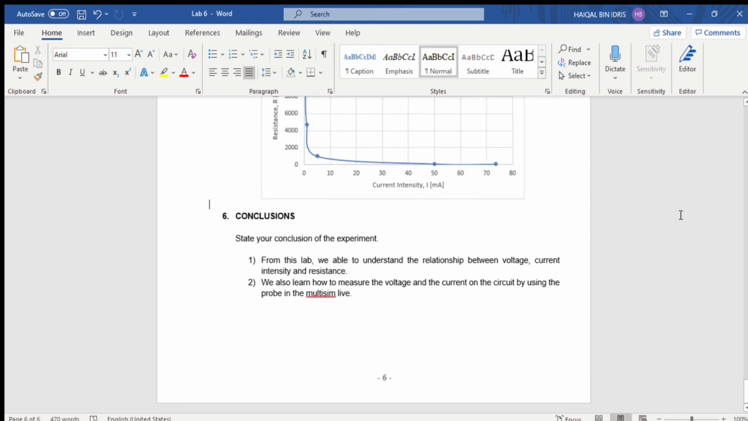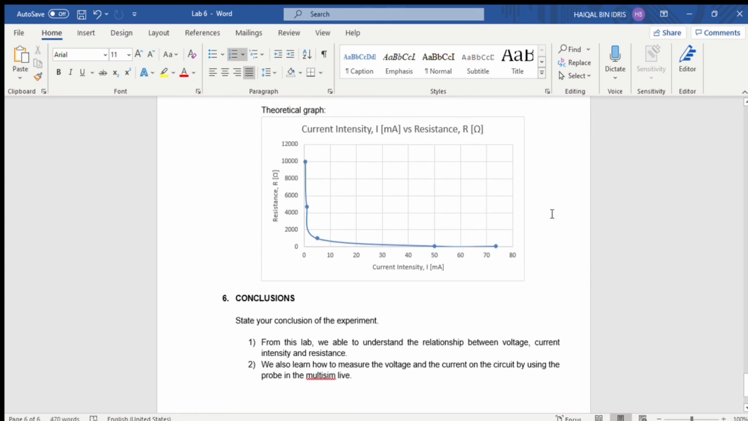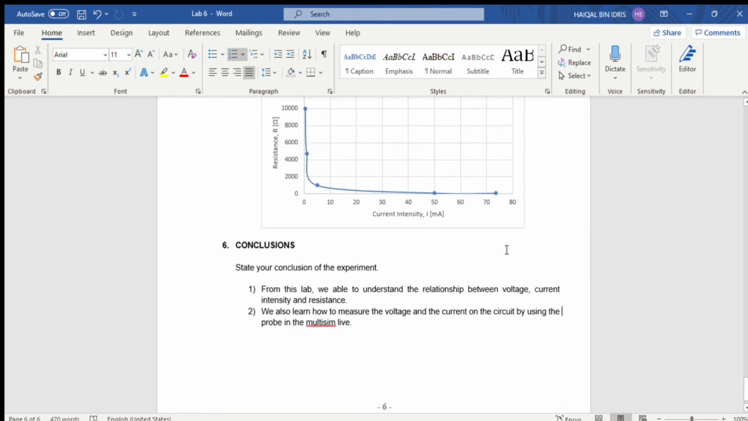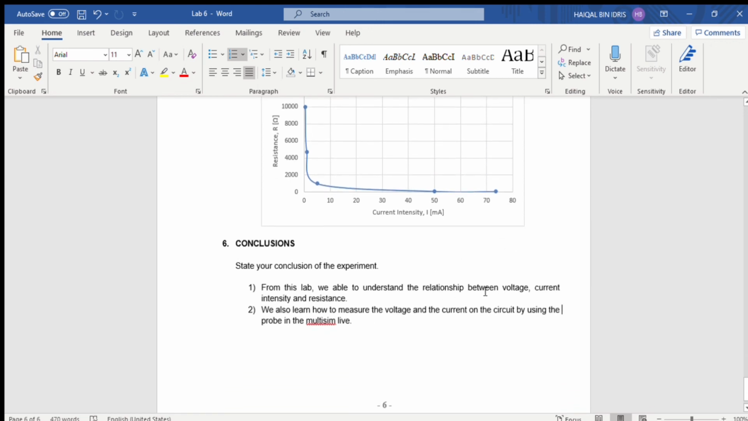The conclusion that we have gained from this lab is that we are able to understand the relationship between voltage, current intensity and resistance, because we built the circuit based on figure 1, so that we can understand the relationship. Also, we learned how to measure the voltage and the current on the circuit by using the probe in